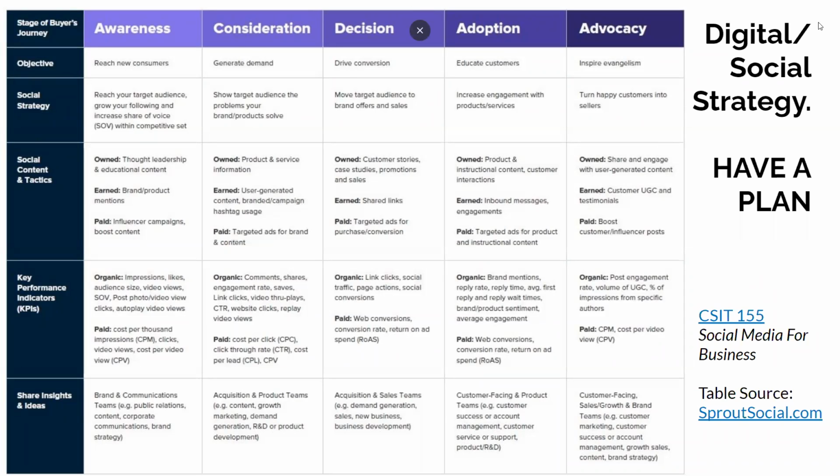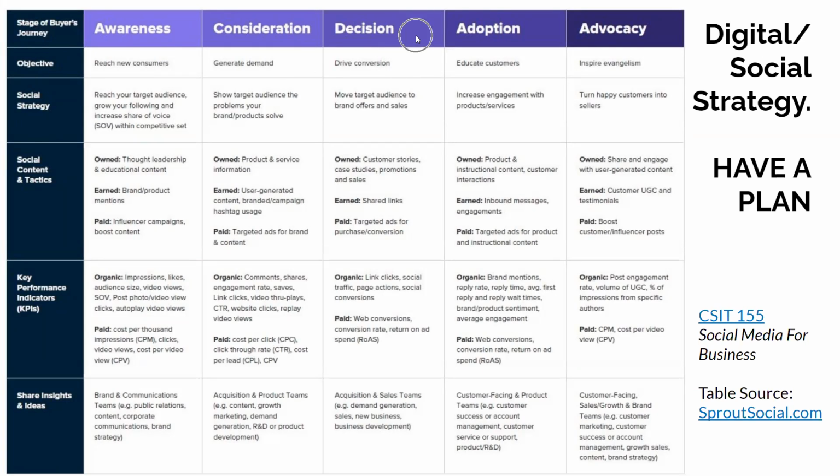So I liked this table and I wanted to share it with you. And I will also push it out in PDF form for those of you that are already working in this space and are looking for some more guidance and structure about how to put together a social strategy, a social plan. But if you look up top, you've got the different stages that a customer goes through. They're starting with, you're just trying to get them to be aware that you're a choice when they're considering their evoked sets of who might I buy from to solve my consumer problem. So in your objectives, the second row here, change depending upon what stage they're at.